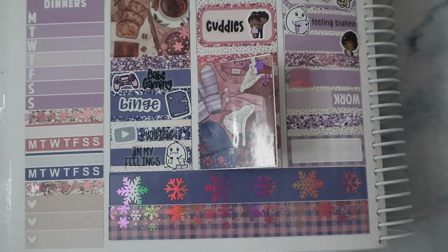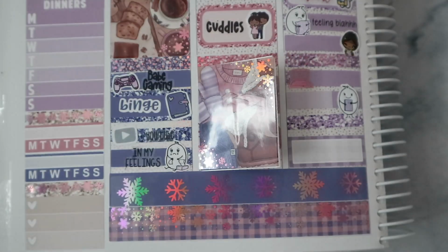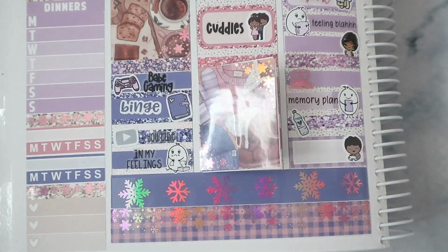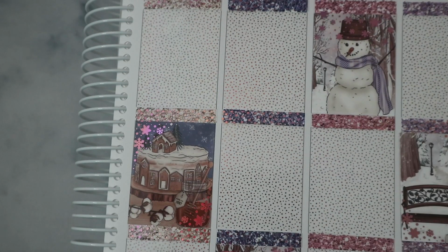Then use this blood work sticker from, I think it's from the Crafty Plan. If it's not, then I have no idea where it's from, to note I had to get some iron blood work also. And then use a phone icon from the foil bundle and a day of script from Rounded up plans to note I called in sick